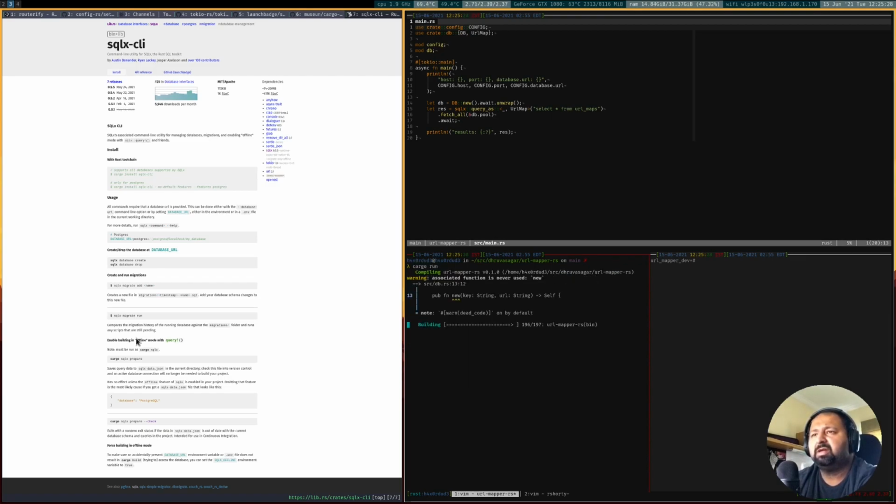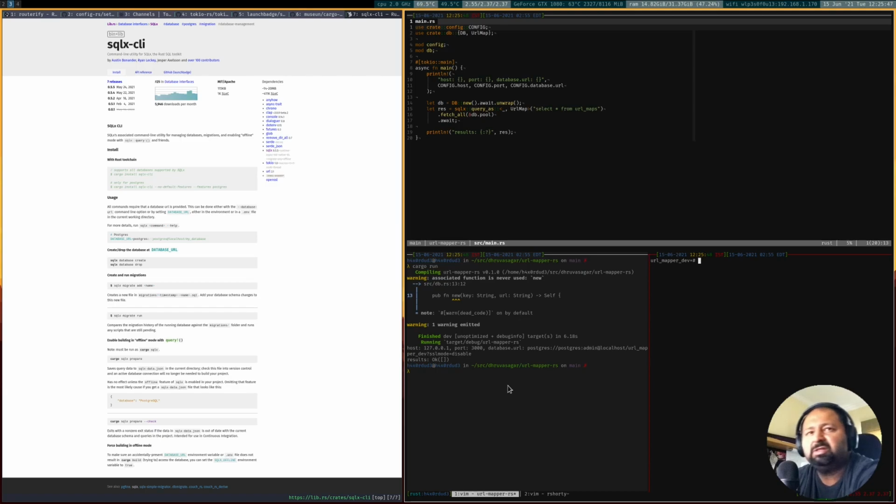Now let's try running this. Okay, so now it's building this, and it says, wait, actually we print out our configuration. We know that we're looking at URL map dev, and it says results is an empty array, and that's great. So let's go ahead and maybe insert some data into users,